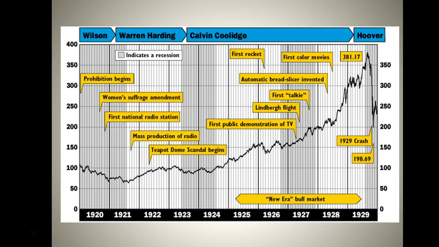Keep in mind this little chart here shows you some of the major technological developments that we have, as well as some of the economic developments, as well as who was in charge. As you can see, Calvin Coolidge is the president in charge for the majority of the 1920s, with a little bit of Warren Harding, followed by Hoover, followed by Wilson. And you can see that we have major changes to society, major technological developments, and the technology that develops rapidly leads to new products,